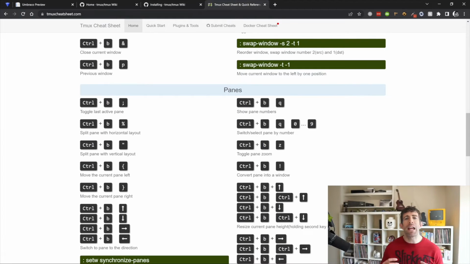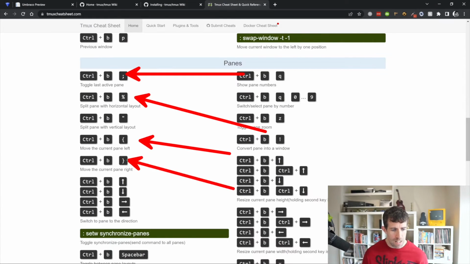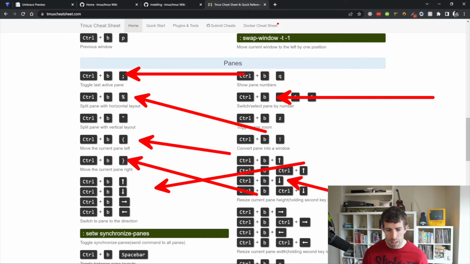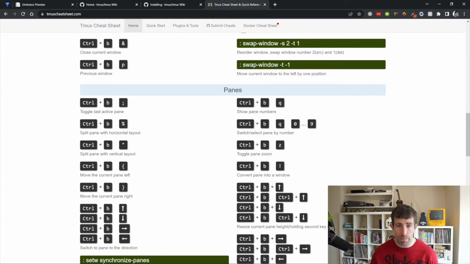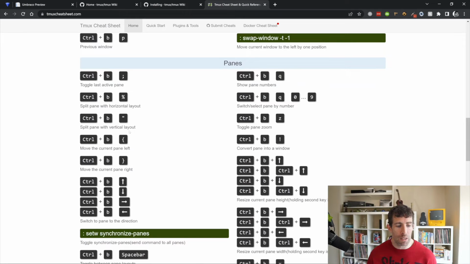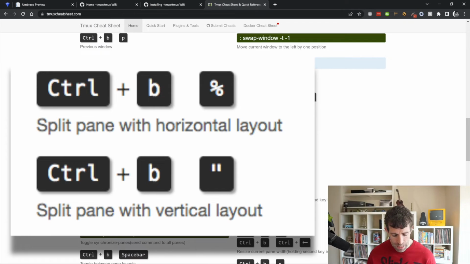Now, one of the painful bits about Tmux is that the keys for pane navigation and all that kind of stuff out of the box are stupidly painful. So the way that Tmux works is you have a prefix, and then after you hit the prefix, you hit a command key and it does stuff. Out of the box, Control B is the shortcut, and if you try and put your hands on the keyboard right now and do Control B, you can see that it's actually a fair stretch. It's not very easy. For horizontal and vertical layouts and splitting the pane, you have to do a Control B, and then you have to do a Shift and a 5